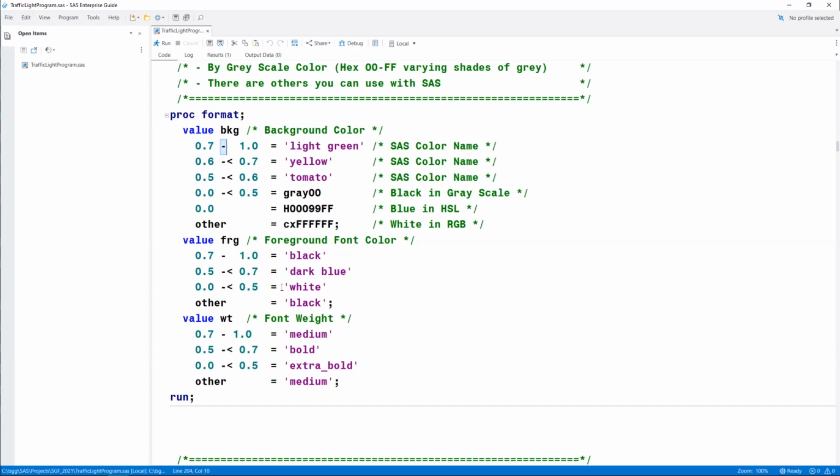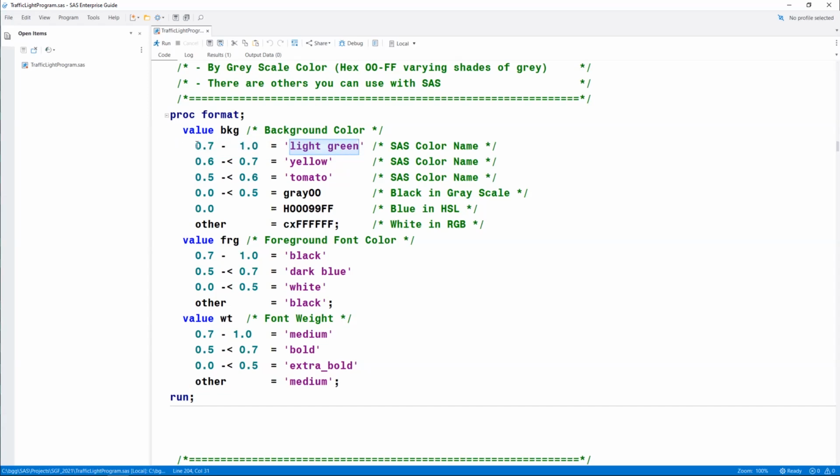This is indicating a range in a PROC FORMAT. PROC FORMAT user-defined formats allow us to create formats of our own using this VALUE statement. We name the format, and then we provide information to the left of the equal sign that is the data expected to be encountered, and what we want to transform that data into.